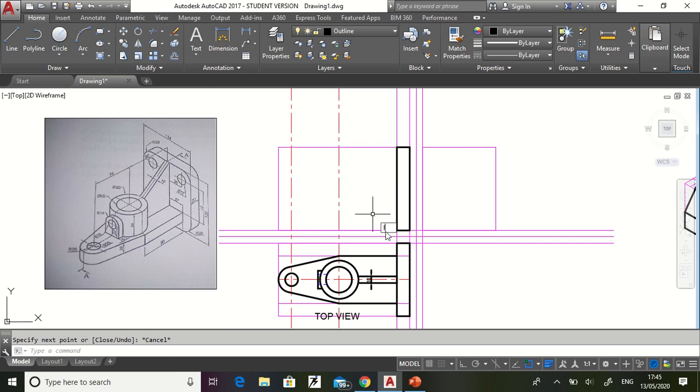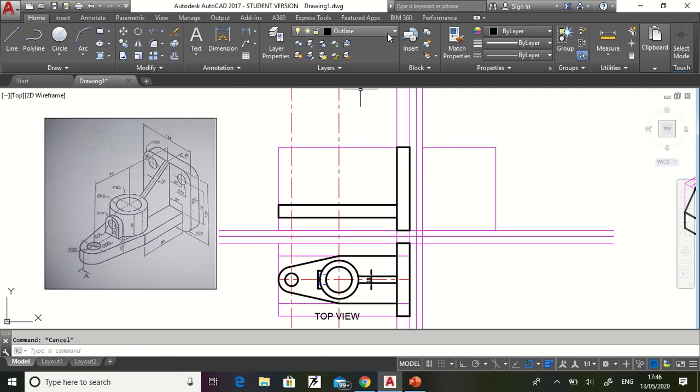Line from here at a distance of 20, then till this end, then up we will go by 20 and we will close here.